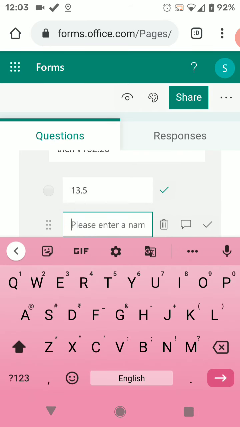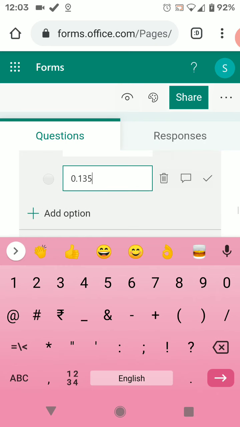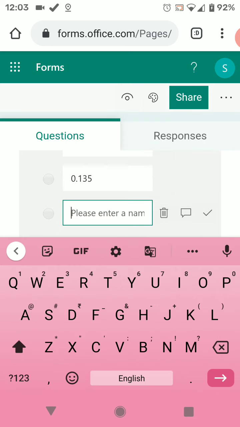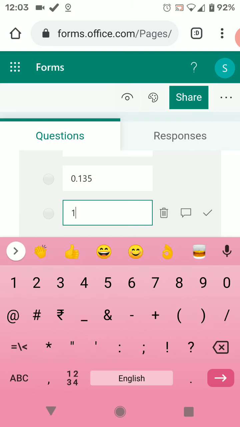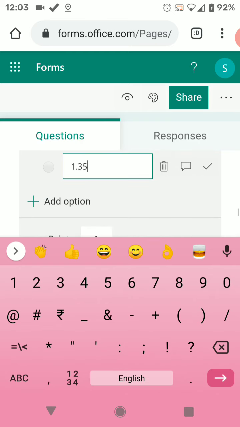Option 2, 0.135, and one more option I am choosing, 1.355. So I have ticked the correct option here.